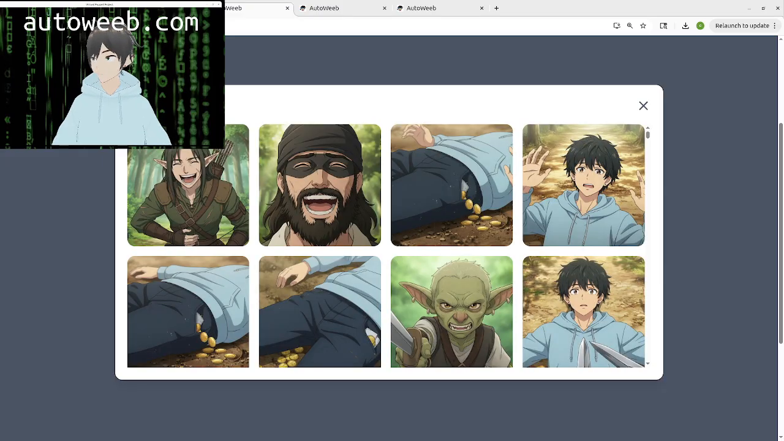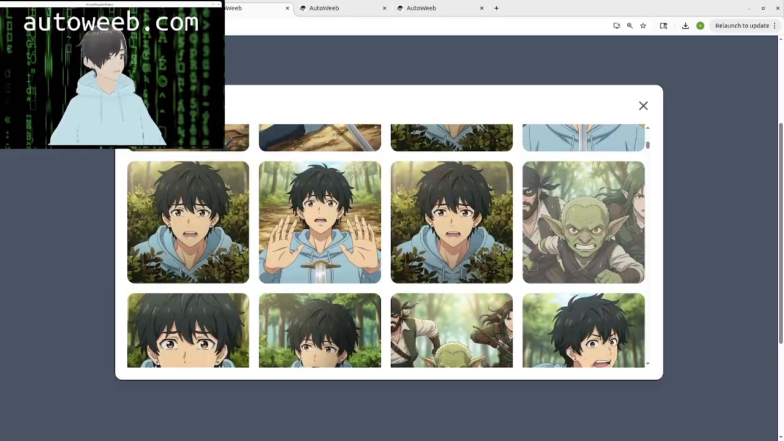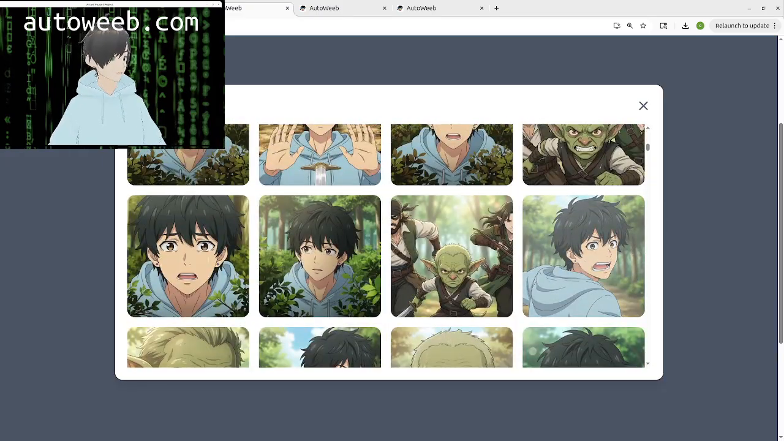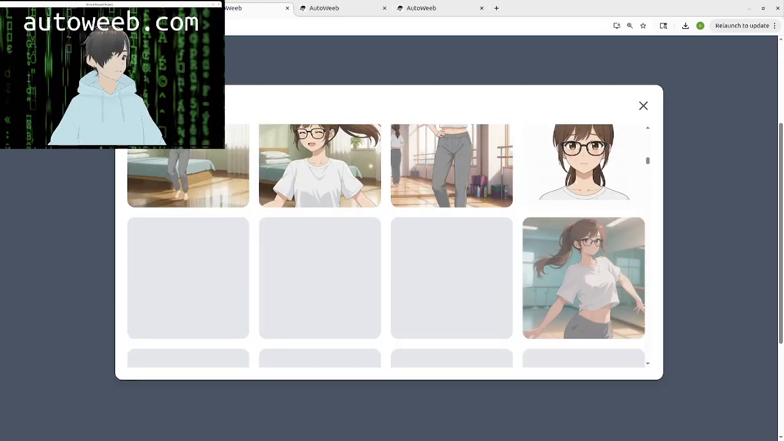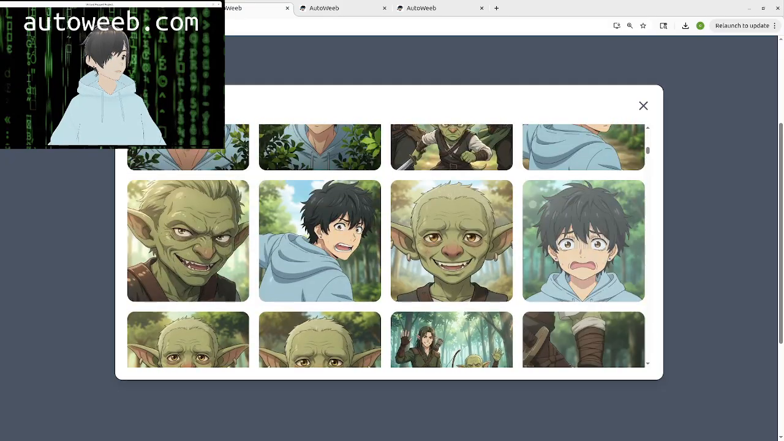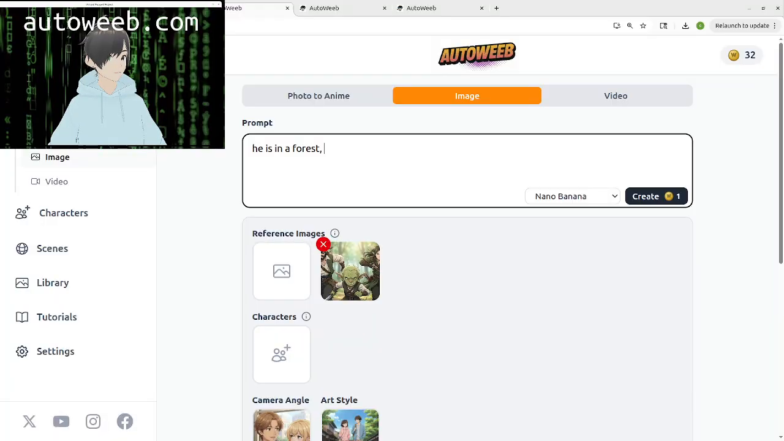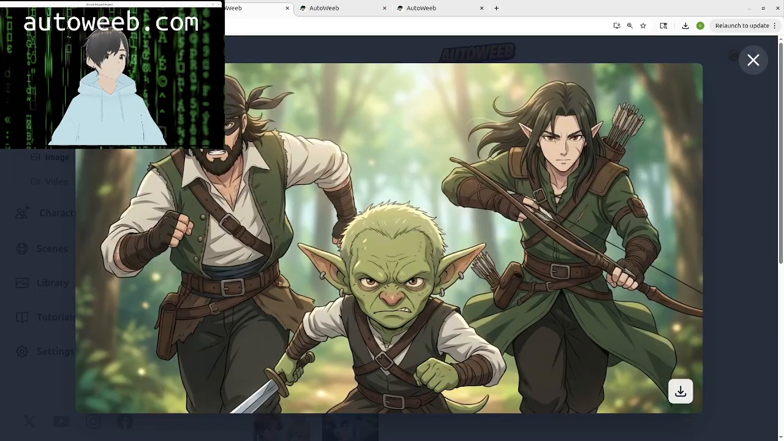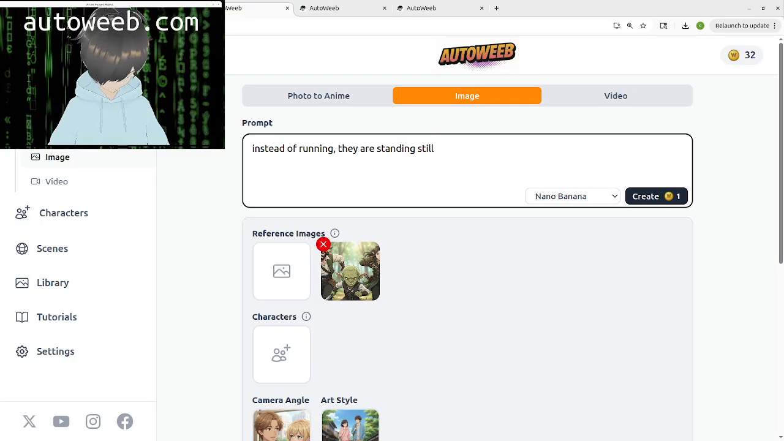Actually, I'm going to select an image from the library. I'm going to go back to where I have the three of them together. And I'm just going to change it. So we're going to say instead of running, they are standing still. And the goblin is talking to the elf with a frustrated